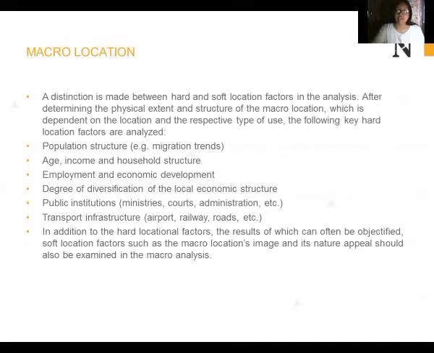In the macro location of a project or company, the following factors must be taken into account. The first is the geographic factor. This factor evaluates the climatic conditions, the levels of waste and environmental pollution, and the actions to avoid environmental pollution, the characteristics and availability of communication routes. It also takes into account the availability of plant in adequate surface area based on topographic characteristics and reasonable cost.